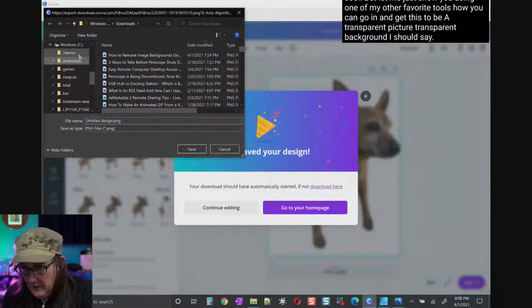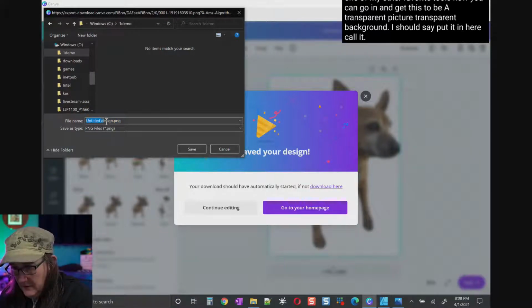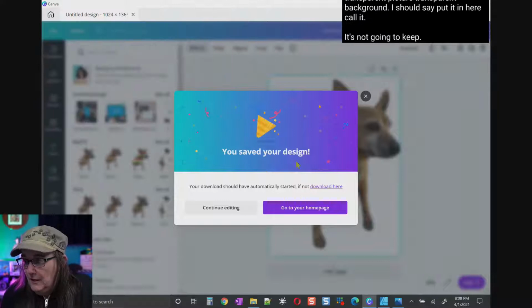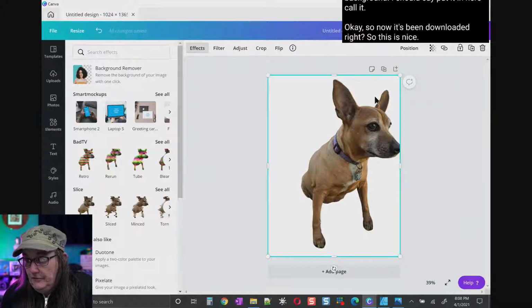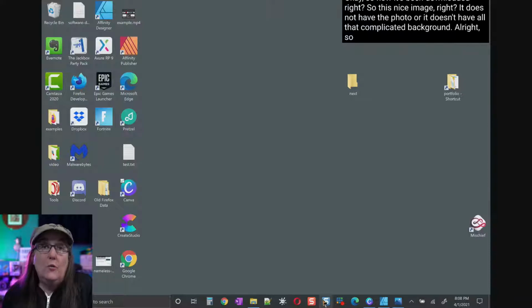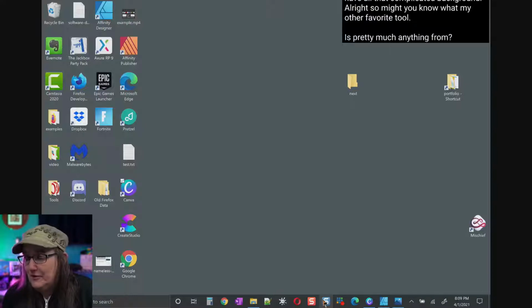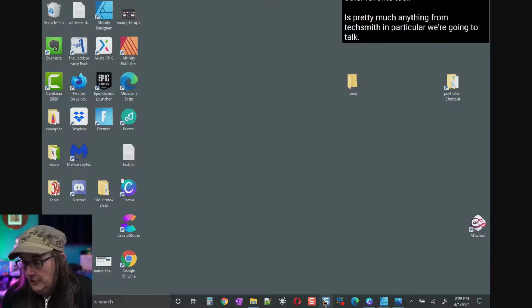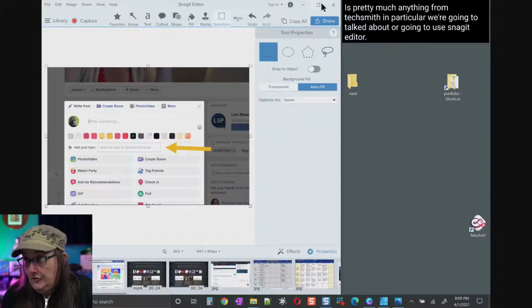Okay, one sec, and I'm going to put it in here, and we're going to call it because it's not something we're going to keep. Okay, so now it's been downloaded, right? So this nice image does not have the photo, or all that complicated background. You know what my other favorite tool is? Pretty much anything from TechSmith. In particular, we're going to use the Snagit editor. Now that just comes with Snagit,